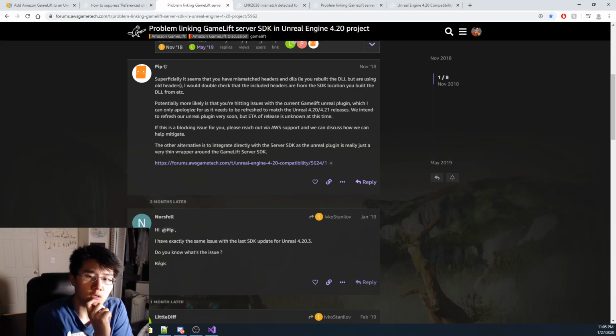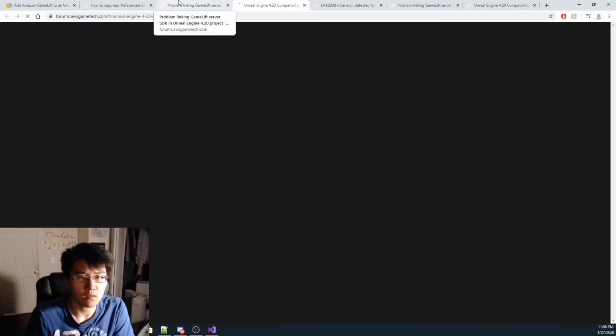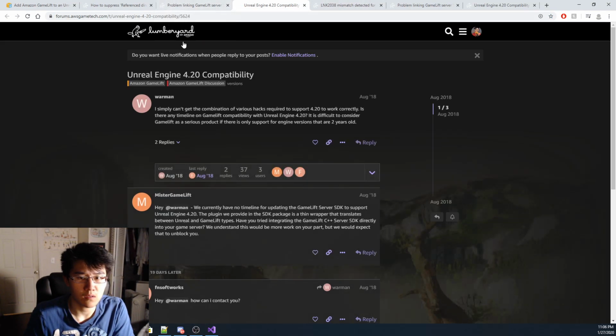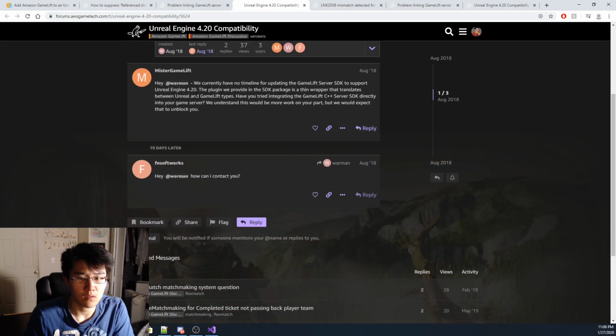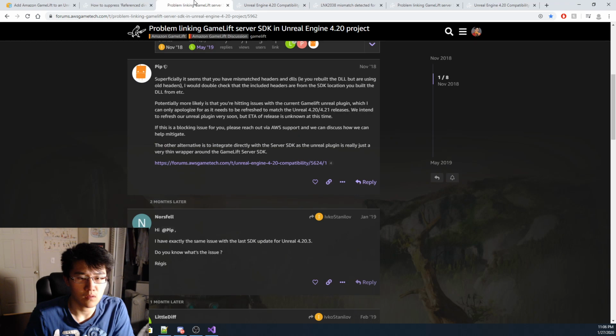Potentially more likely is that you're hitting issues with the GameLift Unreal. I know, we are almost there. Banana. We are. The other alternative is to integrate with the server SDK, as the Unreal plugin is just a very thin wrap around the GameLift server SDK. If this is a blocking issue for you,